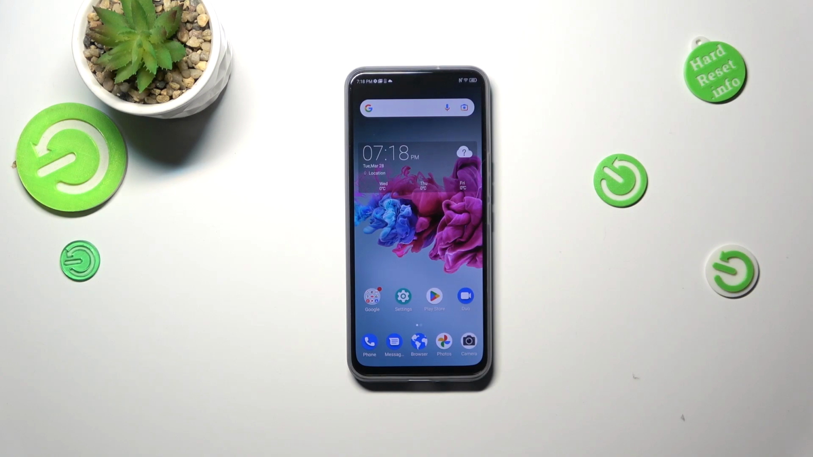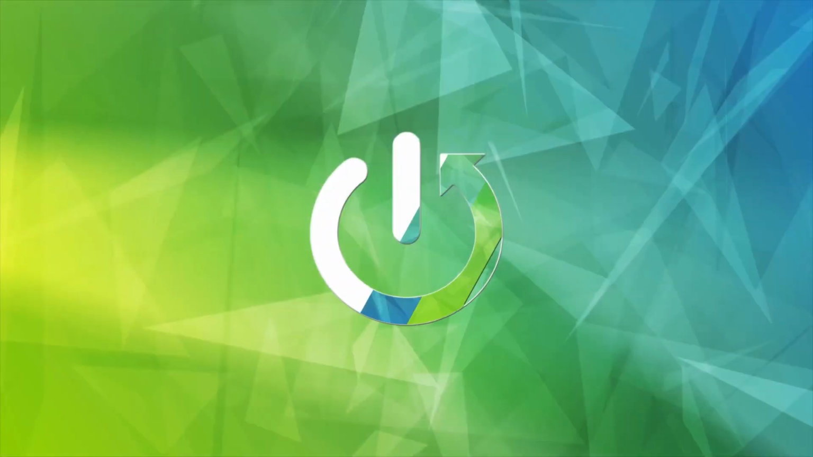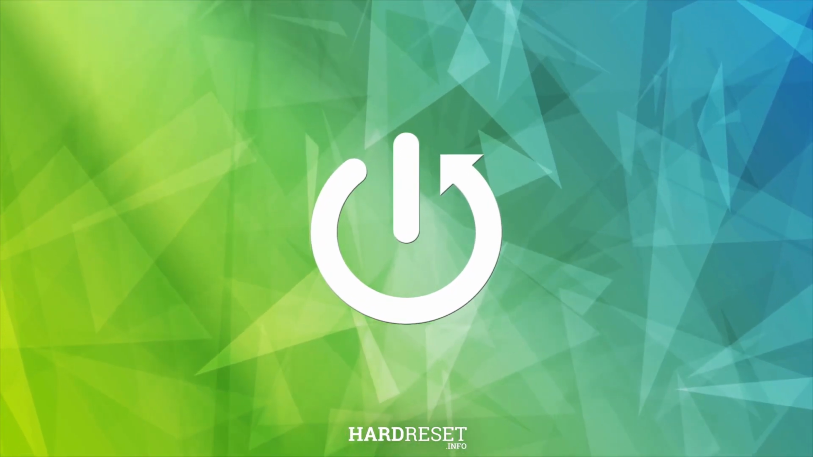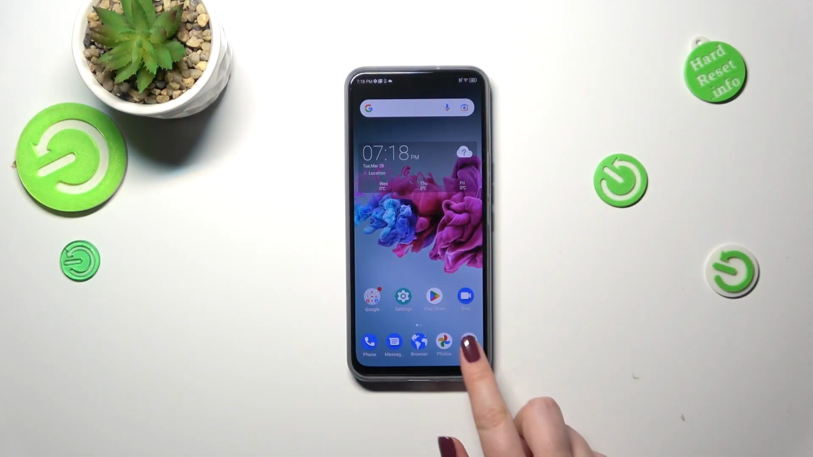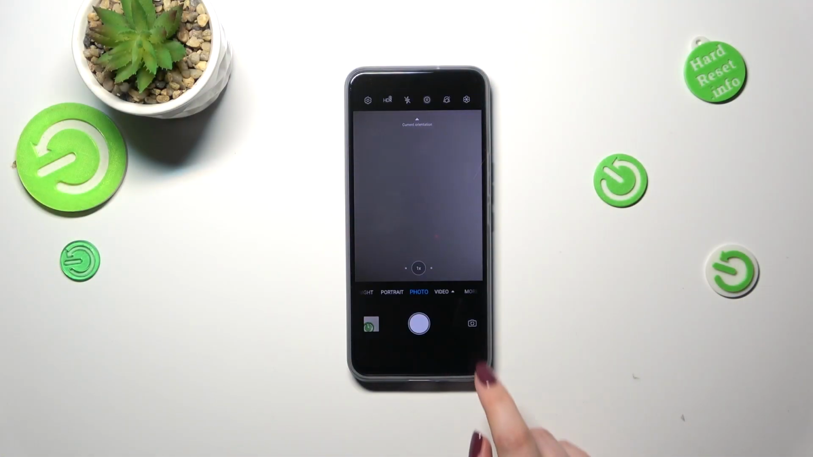Hi everyone, in front of me I've got ZTE Axon 20 and let me share with you how to set camera timer on this device. So first of all, let's open the camera app, and since we're in the standard photo mode, we can take